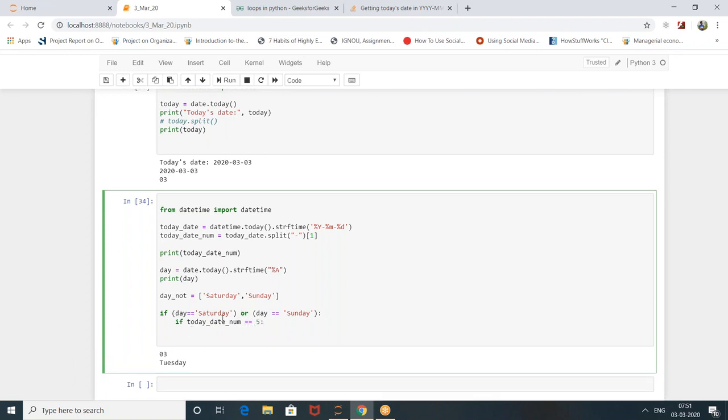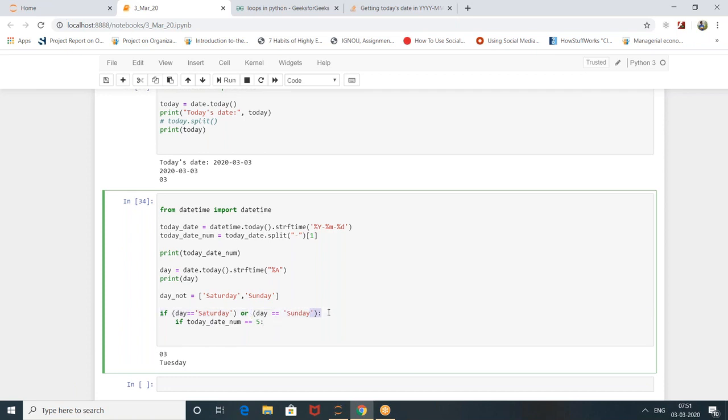So Pawan, first of all, we can check whether it is a Saturday or Sunday. Today's date, right? I'll go in reverse: first, I'll check whether it is Saturday or Sunday. If this condition is true, then no need to execute anything.